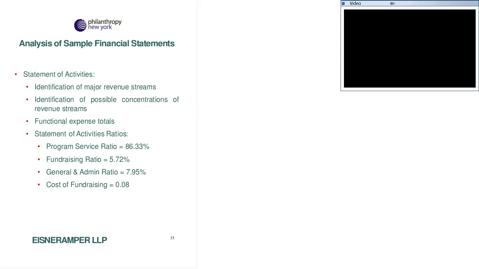So really, I think what you want to focus on when you're looking at these particular ratios is what is the ratio in program? I would say you're looking for something hopefully above 60%. Again, if it's below 60%, you just want to talk to them, find out the reason. And then you want to take a look at fundraising. You just don't want to see fundraising at 25%, 40%, whatever it might be, because then you start to say, all right, how much is this organization really spending on their own programs